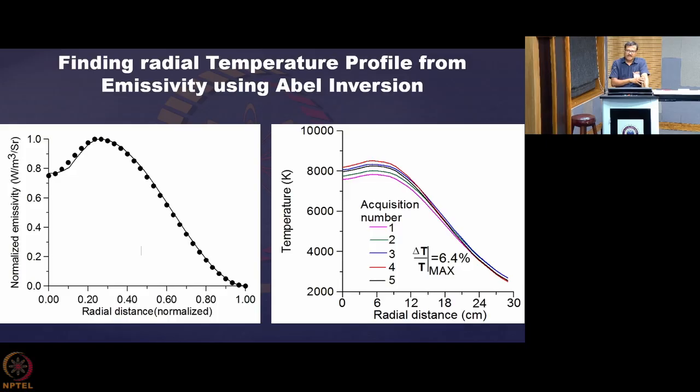in doing the calculations. So this is the kind of temperature we get along the radial distance, and these are different acquisitions. The plasma, as you have seen, is quite unstable, this arc kind of thing, and because of the inherent instabilities, there are local variations in the emissivity as well as in the temperature. And these are of course getting reflected in the measured temperature, but here the variation is quite less. You see the spread.